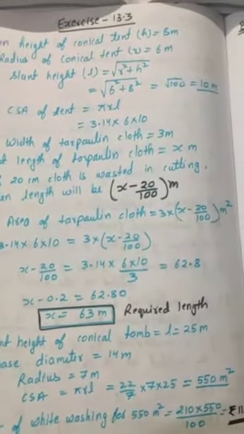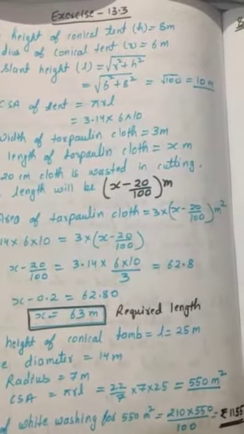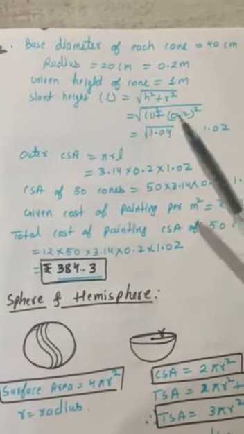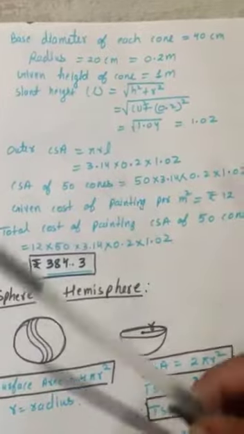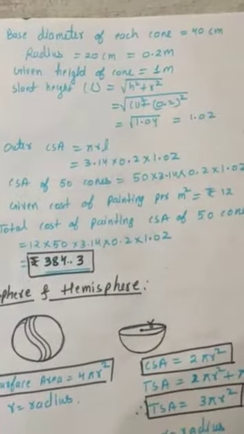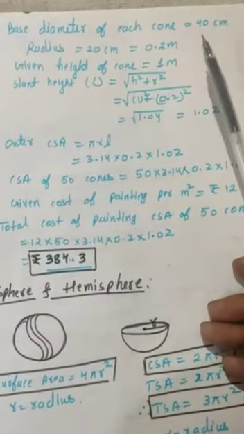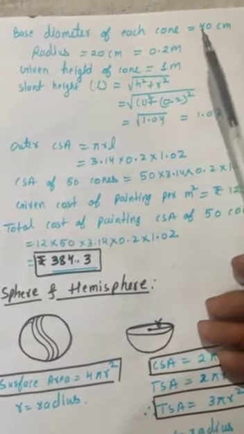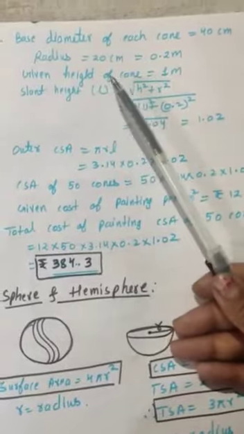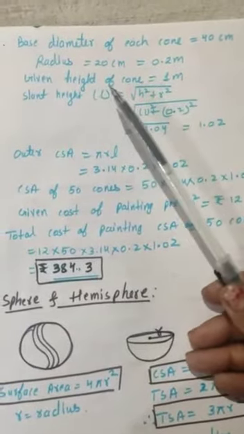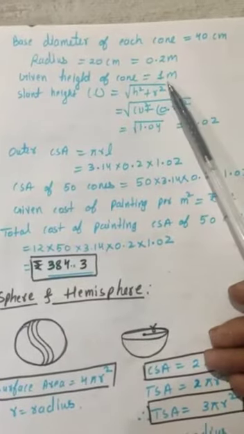And now we'll do the last question of the exercise, which is question number 8. Now focus on 8th question. In 8th question it is given कि आपका एक बस स्टॉप है. It is barricaded from the remaining part of the road, जिसमें आपके रेड कलर के जो आप कोन्स देखते हो 50 हॉलो कोन्स रखे हुए हैं. ओके, उनका डायामीटर जो है दैट इज 40 सेंटीमीटर. रेडियस विल बिकम 20 सेंटीमीटर विच इज 0.2 मीटर. और उसकी हाइट जो है इट इज गिवन 1 मीटर.